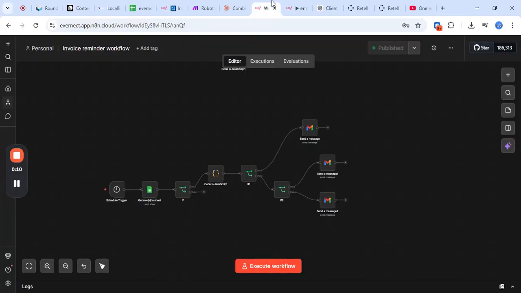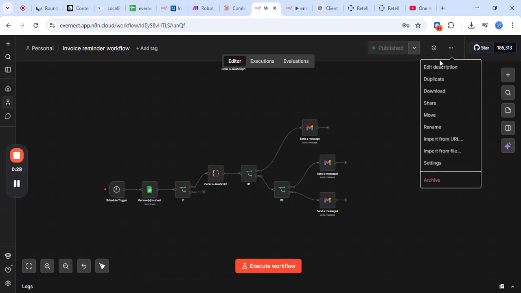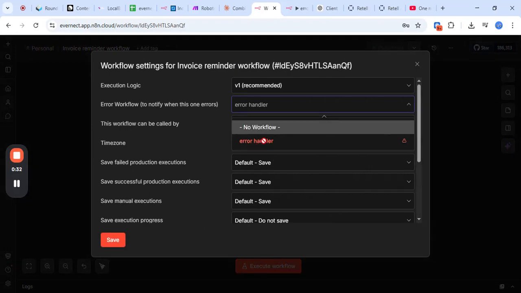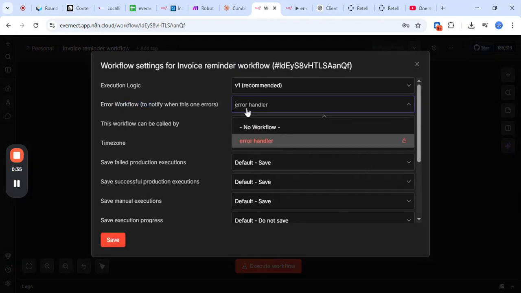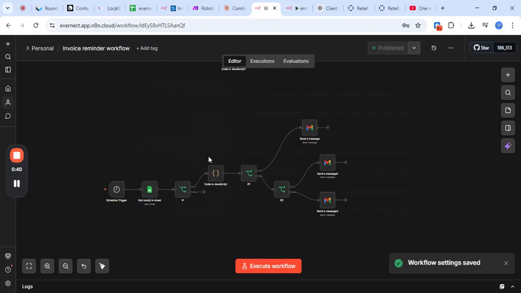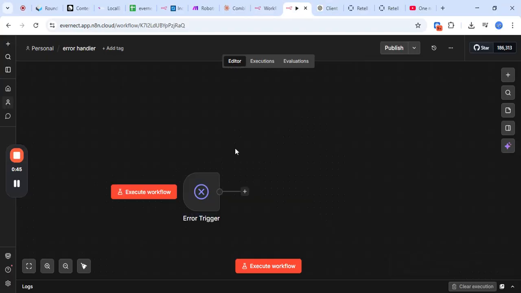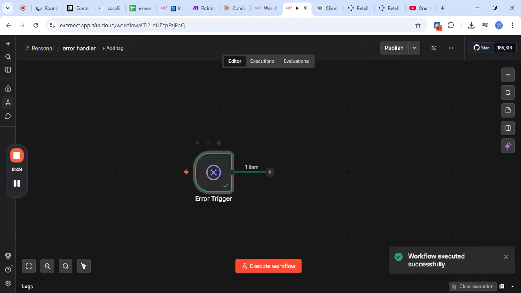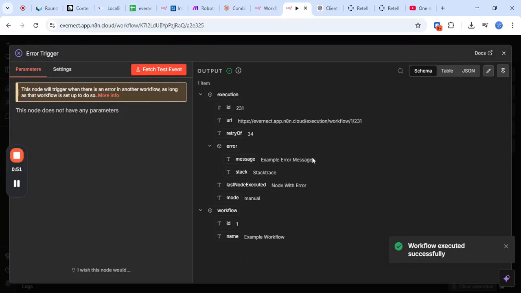Now when this workflow gets an error, the second workflow will run, and you need to go to settings, and in the settings select error handler. In the error workflow, you need to specify the workflow name, which is error handler in my case, and now save it. So when this workflow throws an error, this workflow will run. For example, if you execute the workflow, you can see we have a demo message,